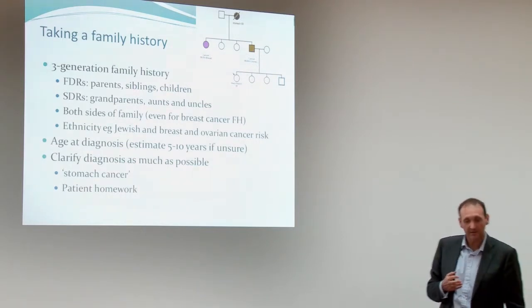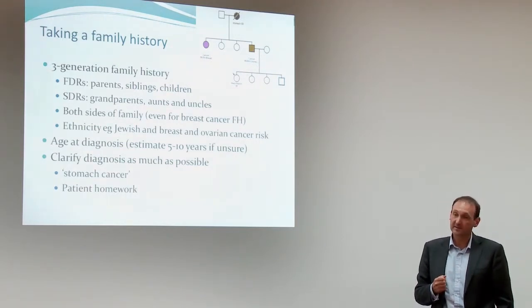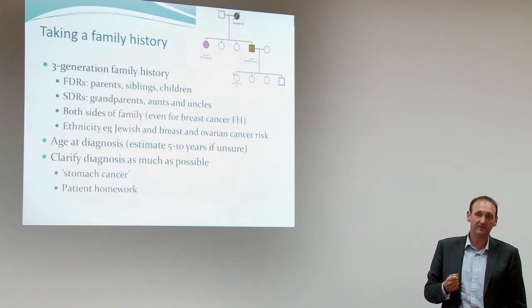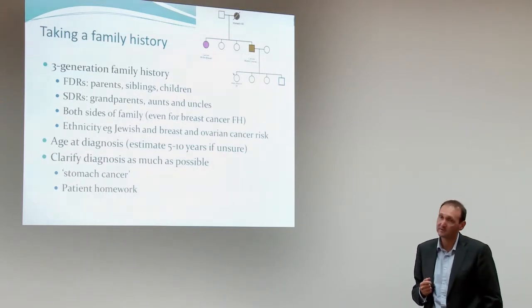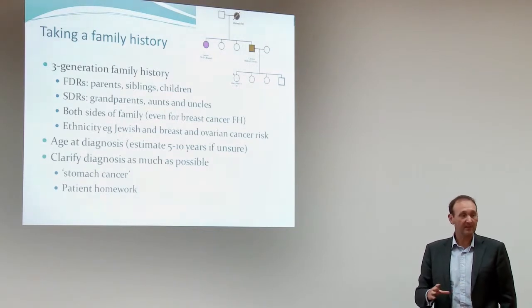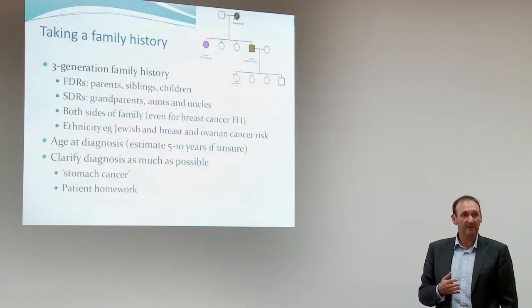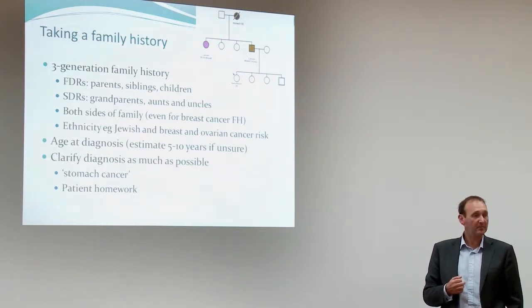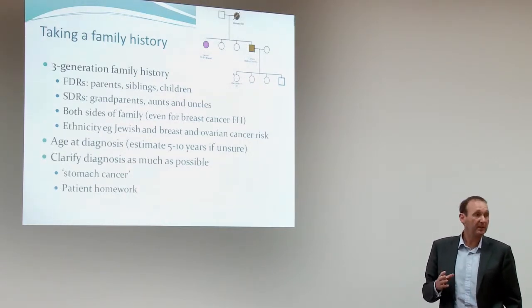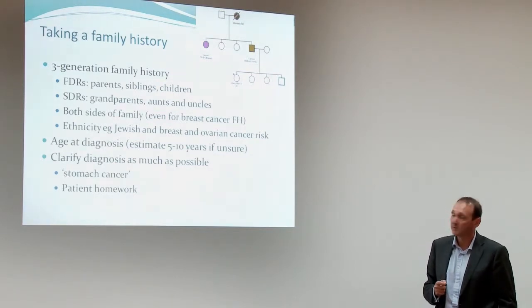And then try as much as you can to clarify uncertainties around the diagnosis. Stomach cancer can essentially mean any intra-abdominal cancer or liver mets, and it's sometimes going to be difficult to really refine that. You can ask patients to do some further homework, either before they come in for their risk assessment, or if there is uncertainty, to ask them to go back. There will often be somebody in the family who knows the family history much better, and trying to go back and get further information, if there's enough uncertainty that would make a difference as to what you're doing and what you would recommend, is worth thinking about.